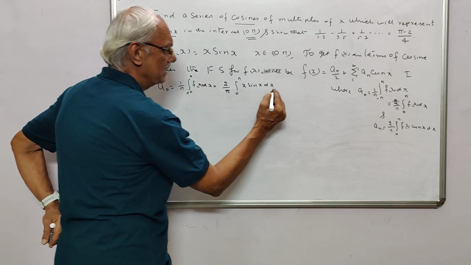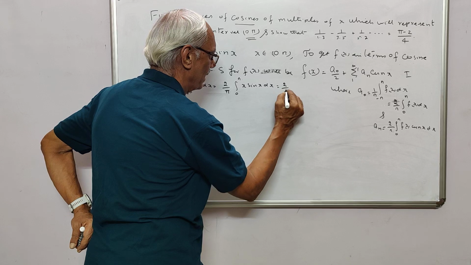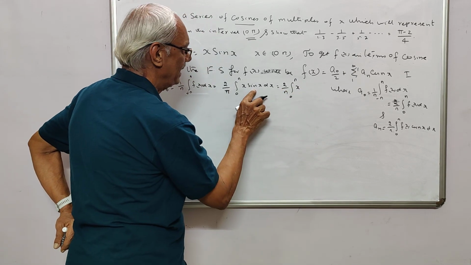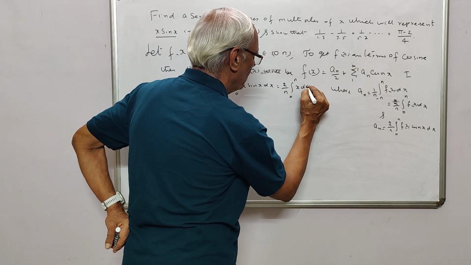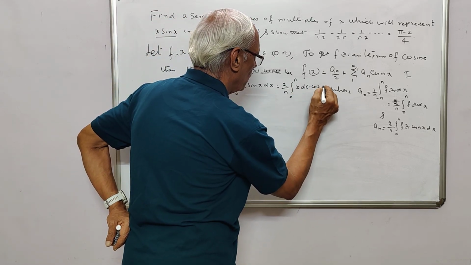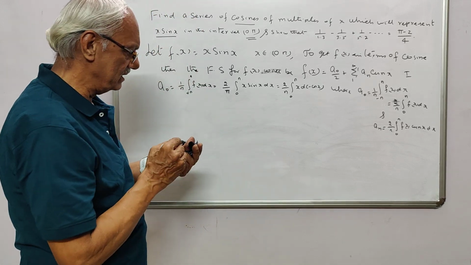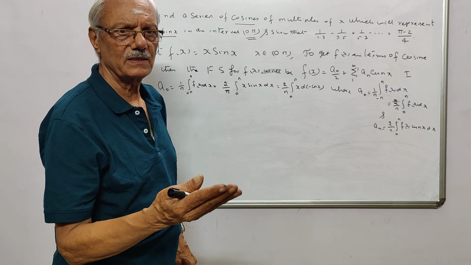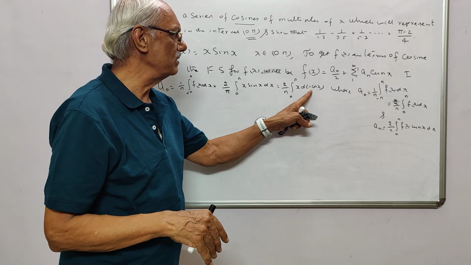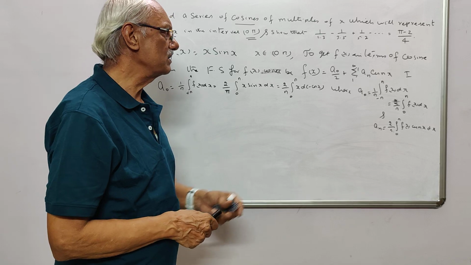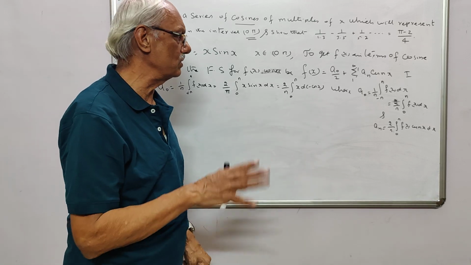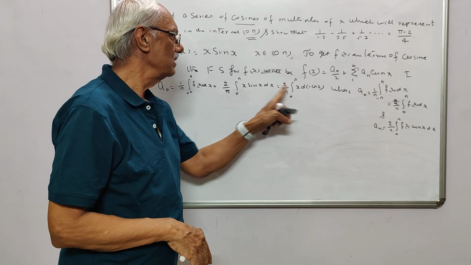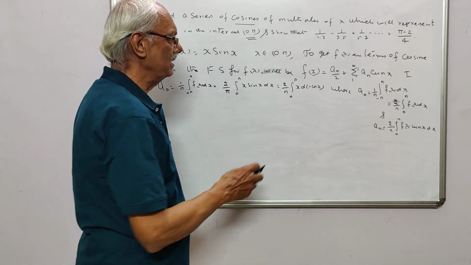Now you see that this can be written as 2 by pi, integral from 0 to pi of x, and sine x dx is d of minus cos x. See, what is d of minus cos x? Differential of cos x is minus sine x. So minus sine x, minus will make it plus, divided by 1, that is understood. So you take this as your